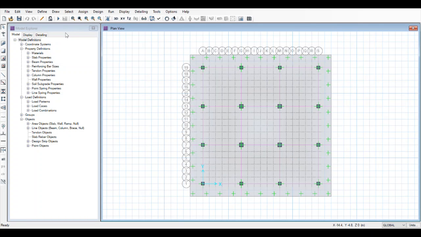So guys, we will be designing our mat footing in the SAFE software, and you can download their evaluation version from csiamerica.com. And now when you open the software, you will have to go to File, open up a new model, and there are certain basic settings which I will be telling you that you will have to apply.